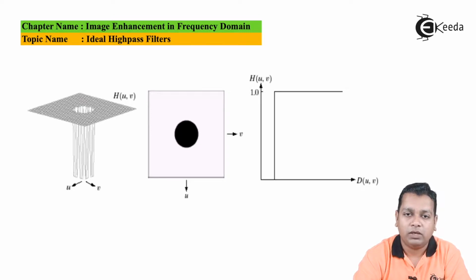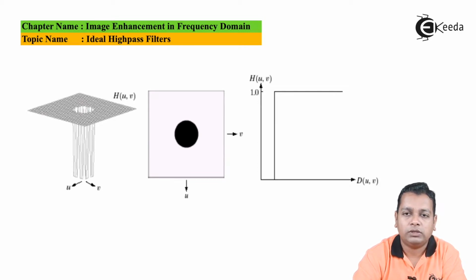Onto the two-dimensional plane, for these dimensions u and v, we find a black circle here at the center with respect to the origin, that is representing the low pass frequency components, and here the high frequency components are all made with the logic level 1, that is the true condition, represented by the white color here. Now if you want to see the graph relating H of (u,v) with D of (u,v), which are the parameters for the transfer function on the left hand side and the right hand side, this will be the nature of the graph here.